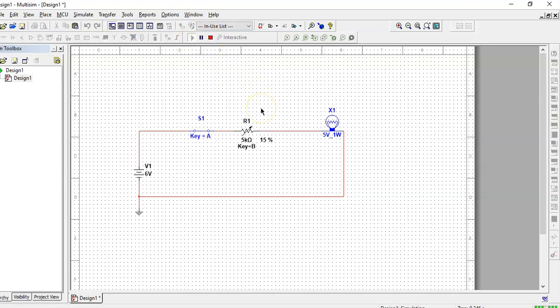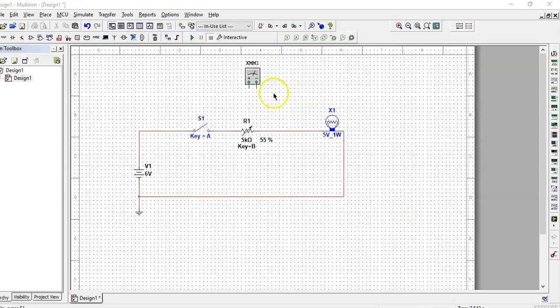Lamp is off, lamp is on. So it's too bad that doesn't display color, but we're having the circuit do what it's supposed to do with a 6-volt source. All right, so I think that's a pretty good introduction to